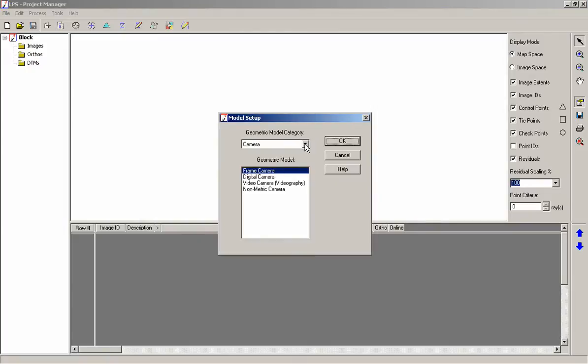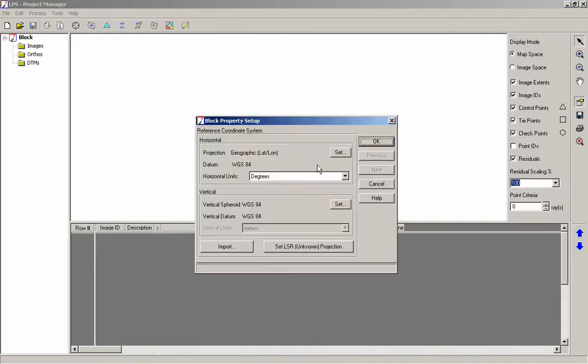So it will ask the geometric model property of the block. Now it can be of camera, polynomial based push broom, orbital push broom. In our case, that is for Cartosat data, we'll be using rational functions. Now in rational function we have something called Cartosat RPC. So once I choose this,